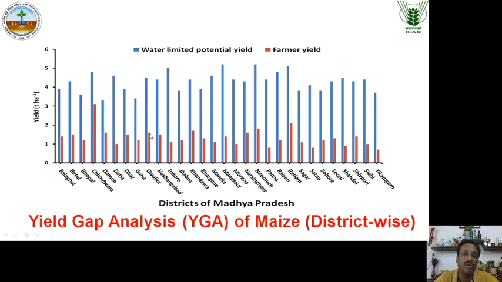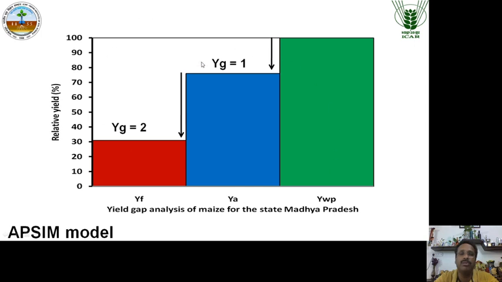That is most important to know, to find out the constraints in crop production. Once you obtain those constraints, it will be easy for you to go for bridging the yield gap. If we look at this figure, if the potential yield that we obtained for all the 35 districts under consideration is 100%, then the experimental yield obtained from our institute, universities or experimental fields is around 75% of the potential yield, and what the farmers are getting is 30% of the potential. So that is yield gap 1, and yield gap 2 if you consider this, and this gap is huge.